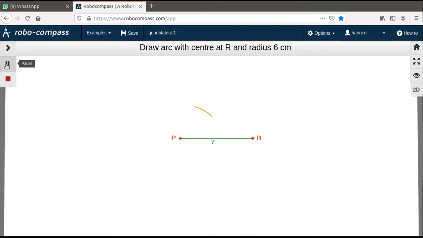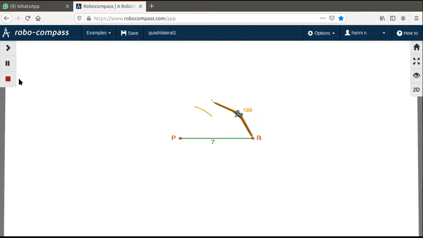Now you see where my compass is going to be placed. So the compass is placed at R and I'm taking a radius of 6 centimeters. Can you see? So the two arcs are intersecting. Are they intersecting for you also? Yes, ma'am. Good. What is the point of intersection called? Q. Look at your rough diagram. It will tell you. You are trying to draw triangle PQR. Yes, the point of intersection will be Q. So please mark that point of intersection.